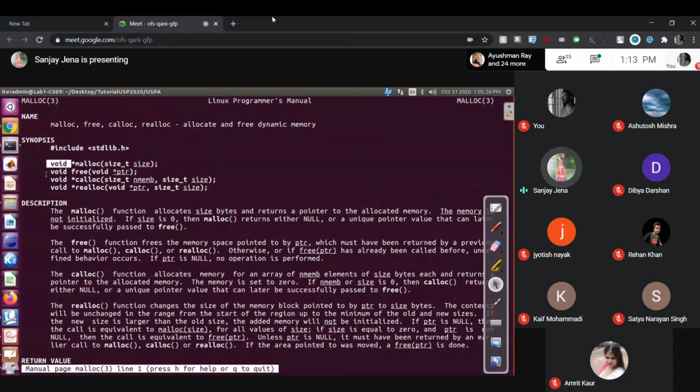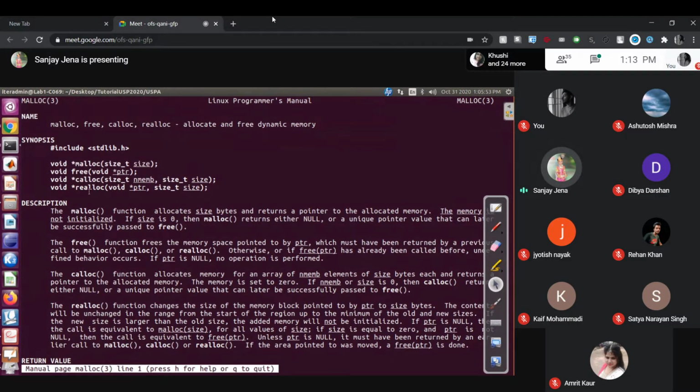And the second one is you have to free. malloc and calloc will allocate the memory, right? Free will free the memory. Realloc: once allocated and returned, if you again want to reallocate the same block, then you can go for realloc.